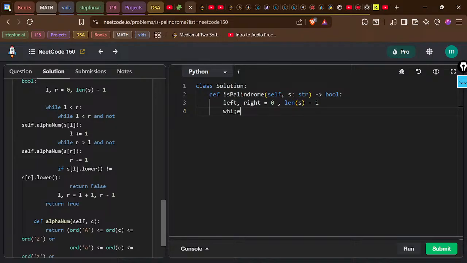So while this code needs to run while the right index is greater than the left index. Okay, what needs to run? Other while loop. While, again, same thing, and not